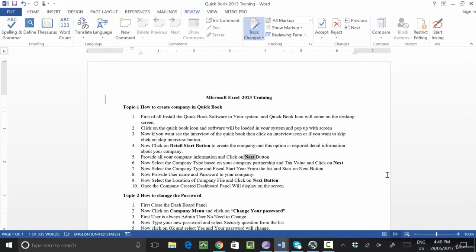Now is it clear or not? But it is very easy for anyone to turn off the track changes and then make the changes very easily. So how will you protect your document? This is the question, right? So what I will do is lock tracking. Is it clear? I will record a next video for you.